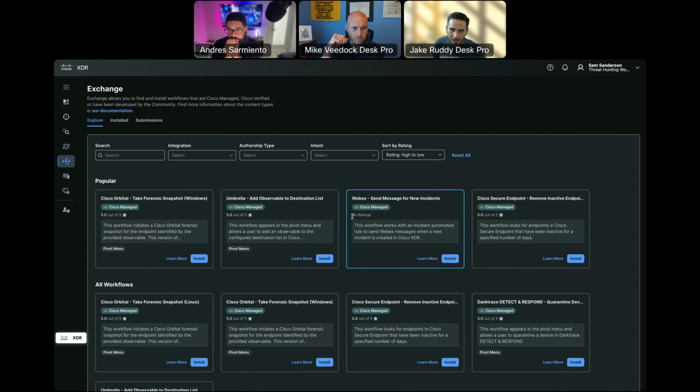There's no cost to that. There's no fee to get access to the exchange. There's no limit to the number of workflows that you can pull down. If you scroll through these and say, hey, that sounds interesting, I'd like to do that, I just pull it down from the exchange. Do you have any favorite workflows?